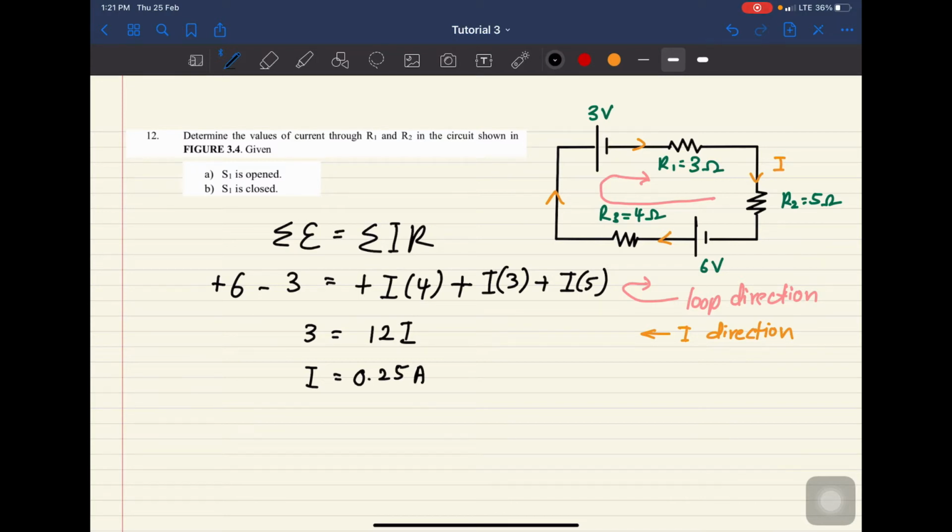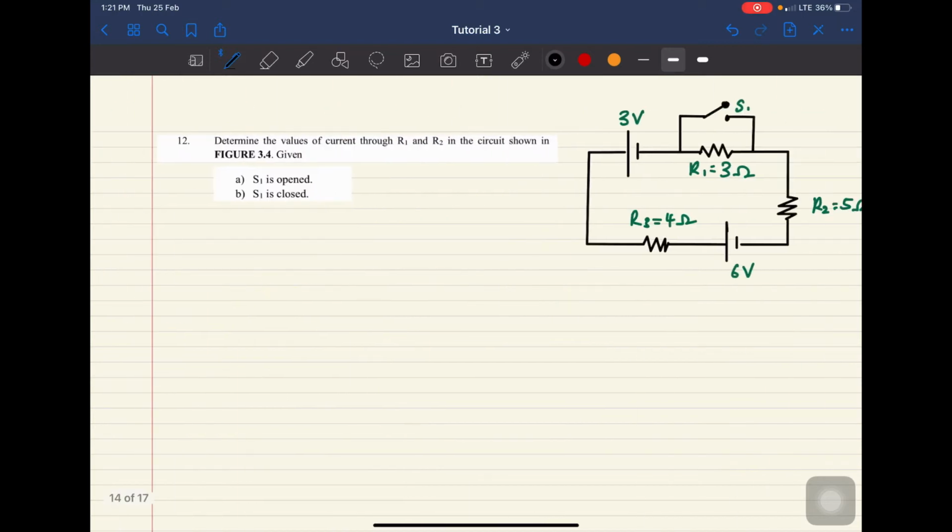Okay, what if S1 is now closed? So just now it is open, so you must not confuse open and close. Open, the switch is open. If it's closed, then it's connected. So when this one is connected over here,